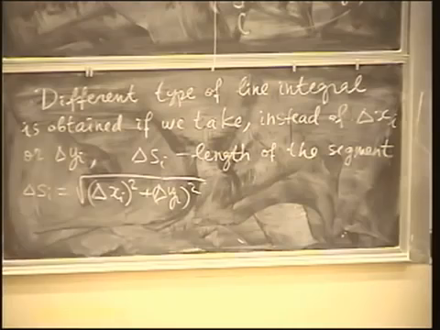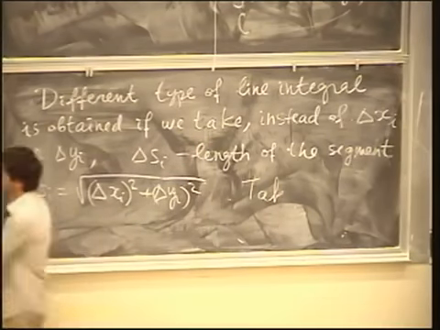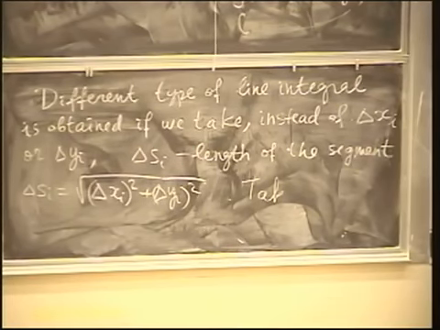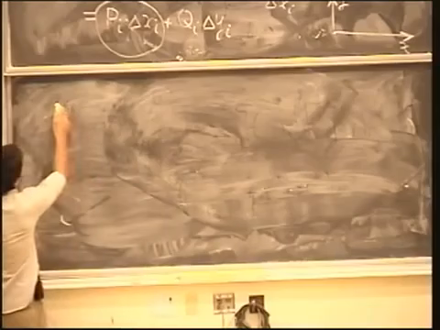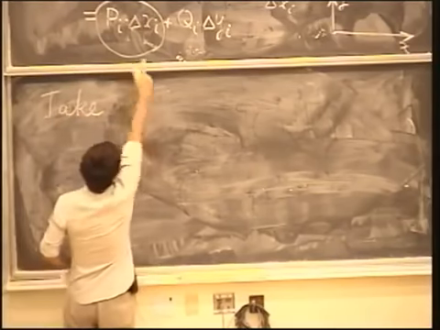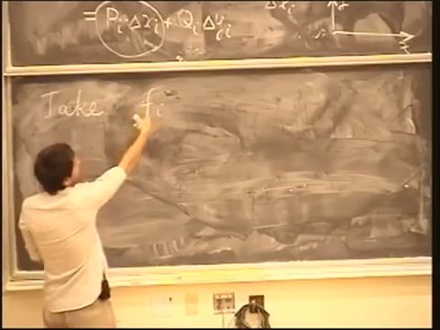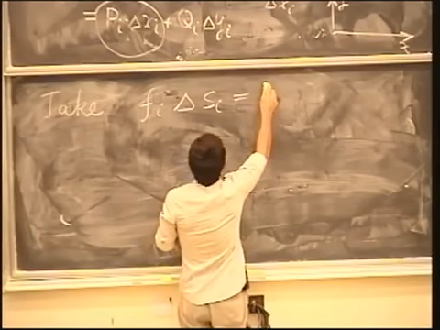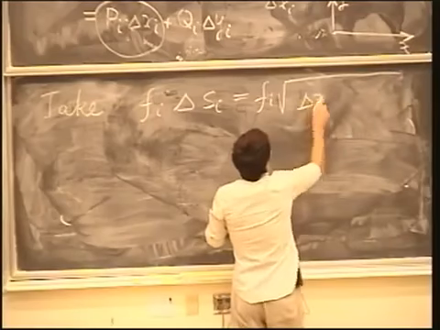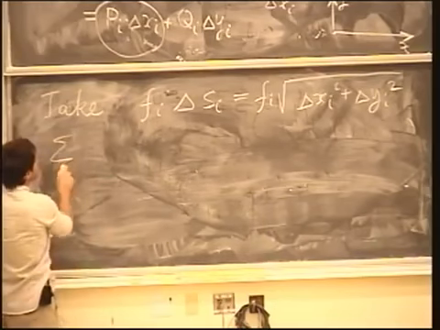So how about taking, instead of this expression, the expression fi, where f is some function, in this case some number, because it's attached to the ith segment, times delta si, which you can also write as fi square root of delta xi squared plus delta yi squared. Let me go on this board so that we can follow the analogy more closely. Okay? So if we take the sum now of these expressions,